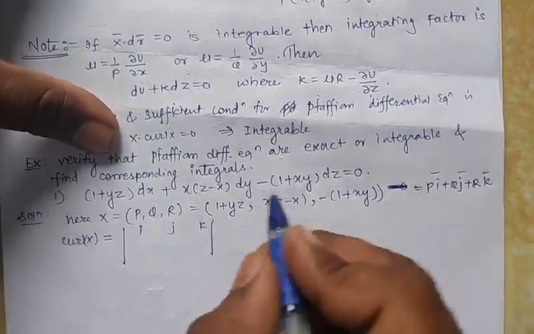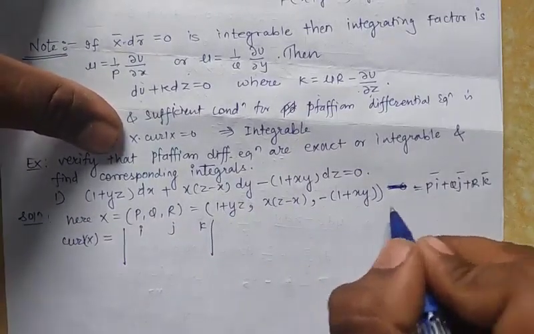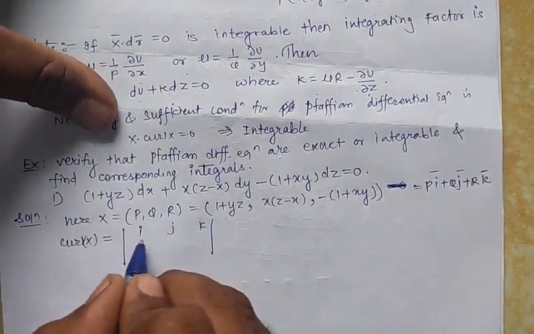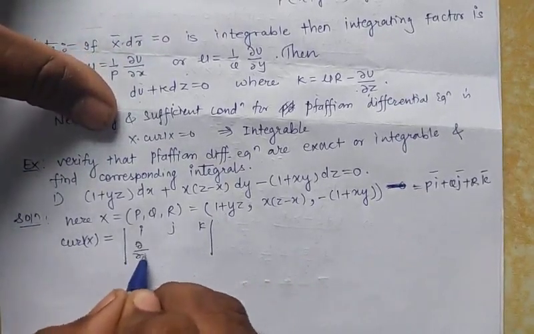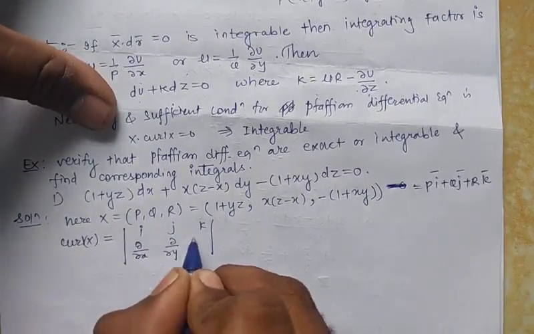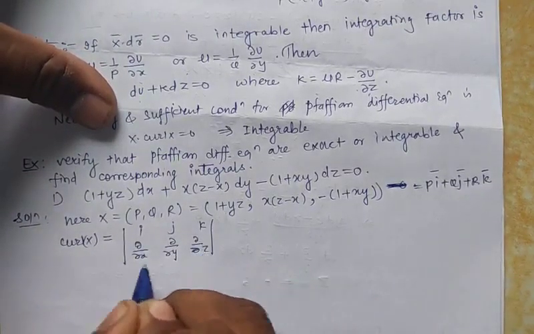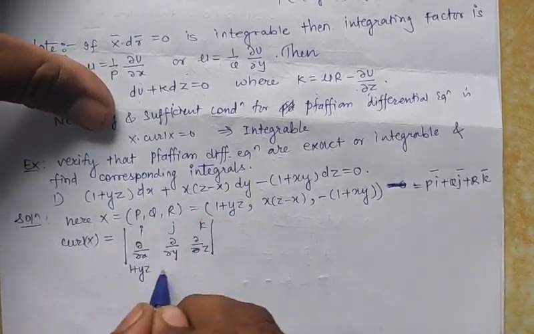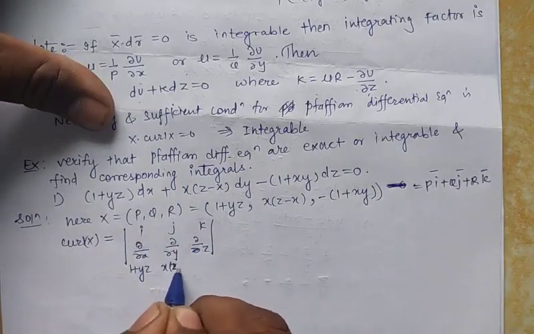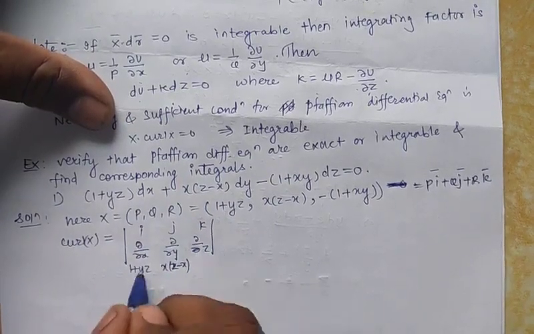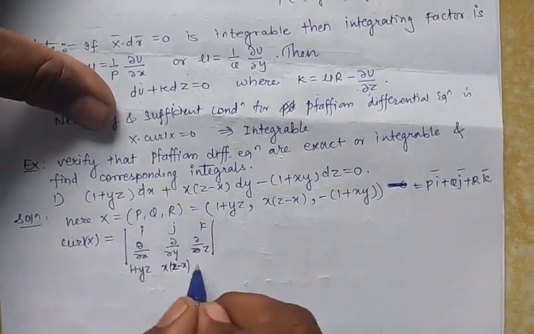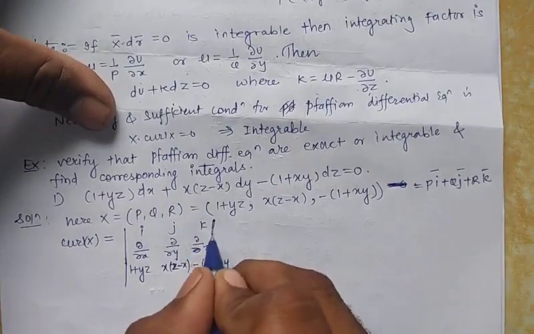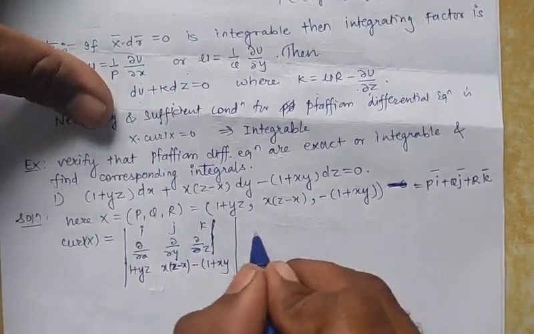We know X · curl X, and curl X is also in i, j, k format: ∂/∂x, ∂/∂y, ∂/∂z, where p is 1 + yz, q is xz − x, and r is −1 + xy. So taking its derivative,